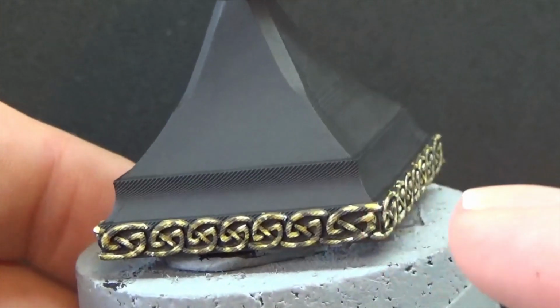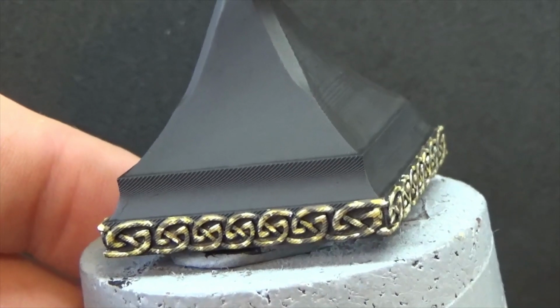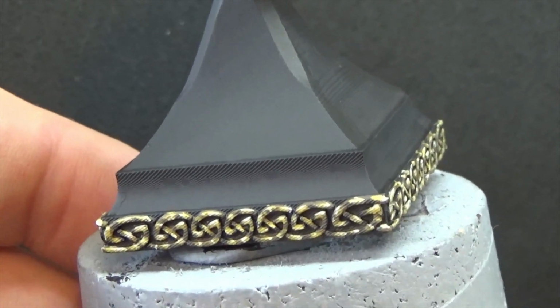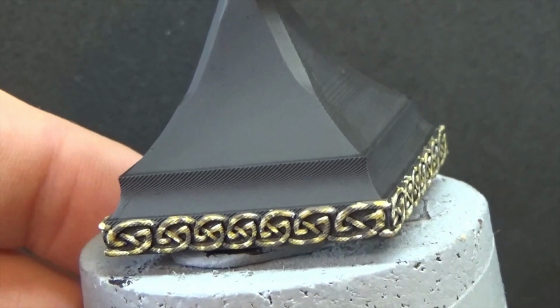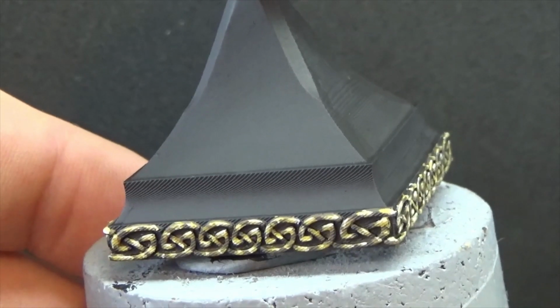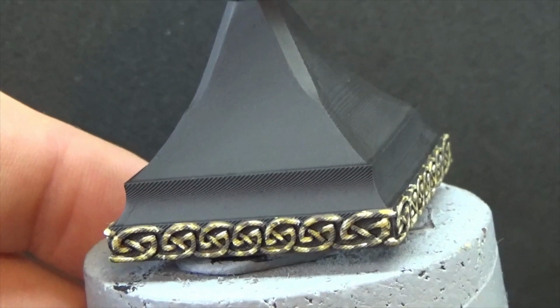This one's got, if I remember rightly, what has it got, Gav? It's got a standard camouflage brown in it as a base on top of the black, because I just painted the whole thing black, and then it's got Japanese uniform next, then golden brown, then pale sand,